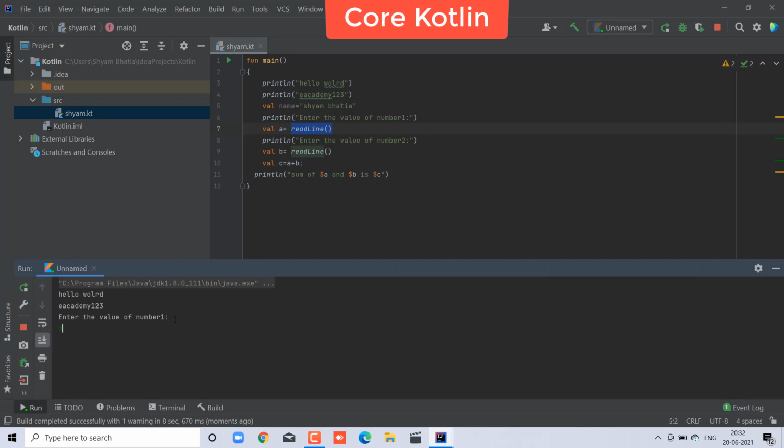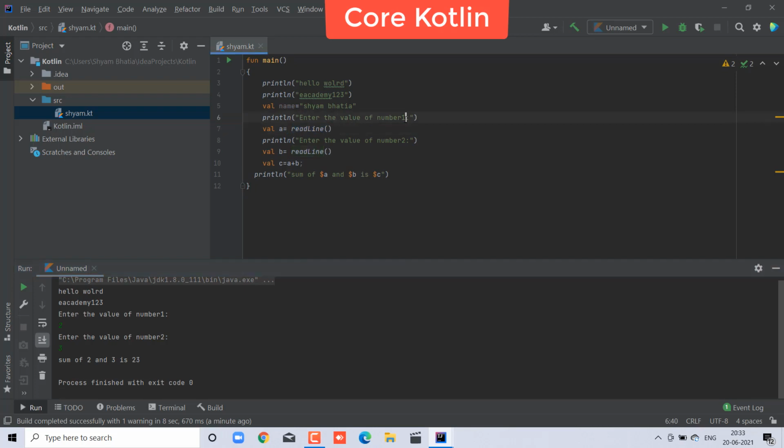So enter the number 1, and that is the output. I am entering 2 and then 3, then the output should be 5 for the sum, but here the output will come as 23. Let's see. Yes, 23. So what does it mean? It simply means the numeric addition is not working, only the string is working.